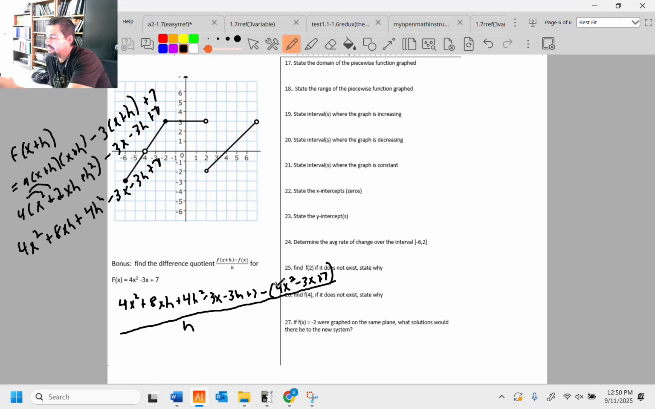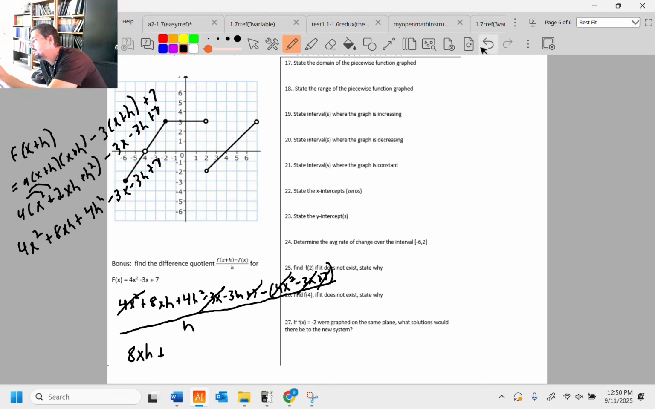Now, this is always true. Whatever's in here cancels with whatever's out here. If there's a 4x squared on the inside, you're taking away from a positive 4x squared. If there's a negative 3x on the inside, it's going to cancel out with a negative 3x on the outside because you're doing minus a negative. So there's a really quick reduction on every one of these that happens immediately. And you're left with 8xh